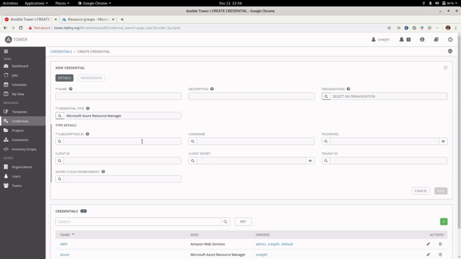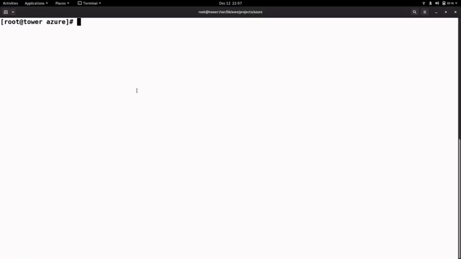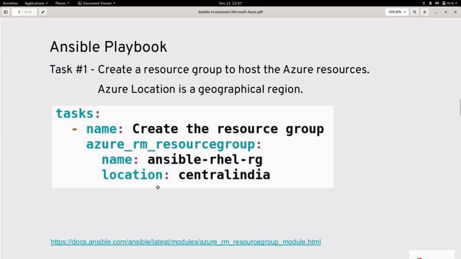You need to give the subscription ID, the tenant ID, the client secret, and the client ID. You'll be getting all these details from your Azure console or using the Azure command line interface. Once it is configured, we can actually go and check the playbook which contains all these modules.